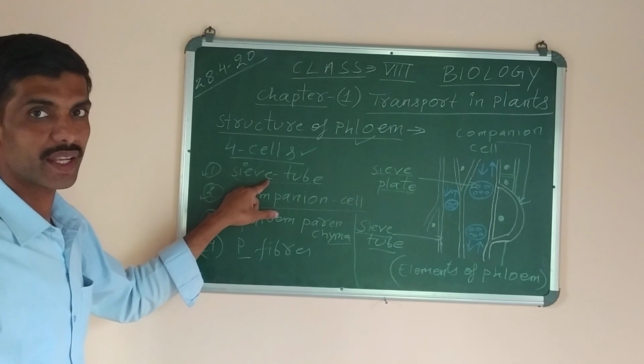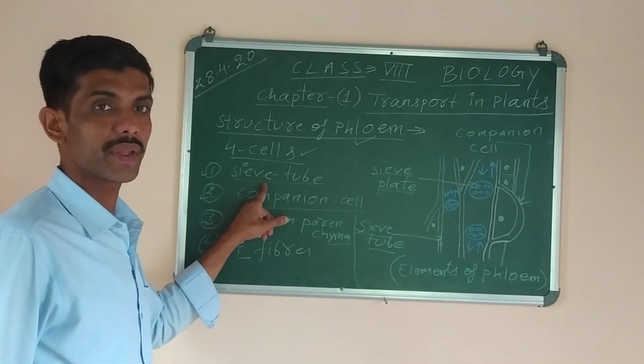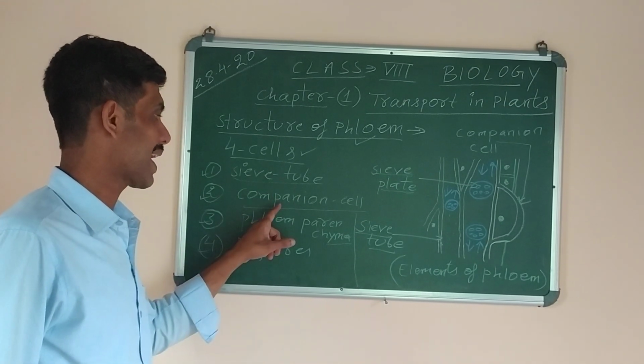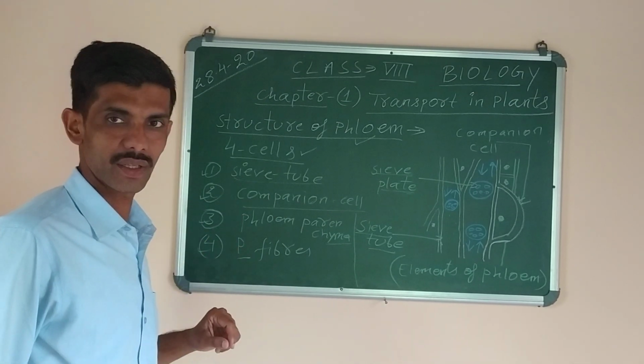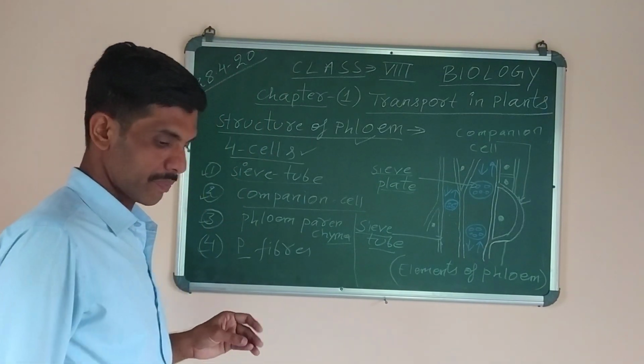Sieve tube, in case of xylem, try to remember or compare it. In xylem we have the tracheids, here we have the sieve tube. In xylem we have vessels, here we have companion cells. Okay? And now next we have to study about what are